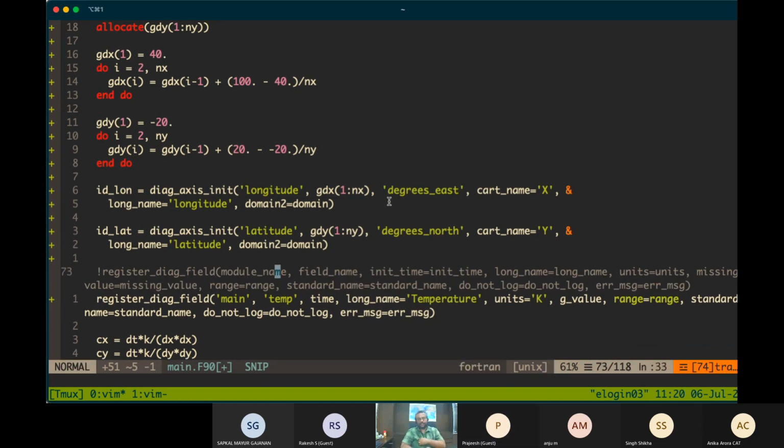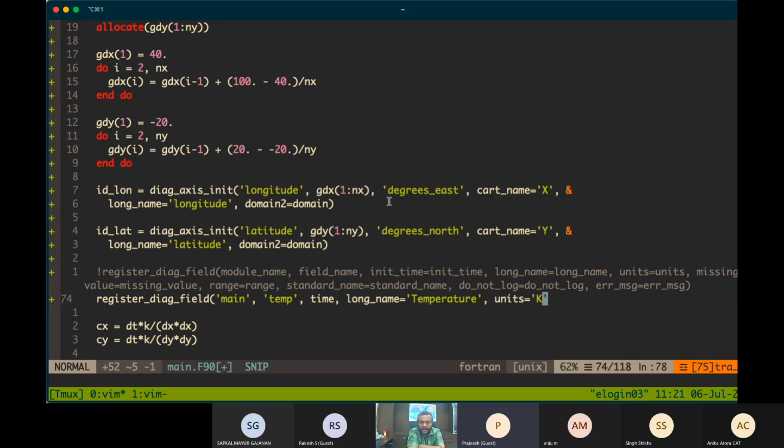Module name and field name are compulsory. Init time is also actually needed. You need to have init time also, but the rest, even if you don't give, it's okay. There just won't be any long name. Units will be no units and all.